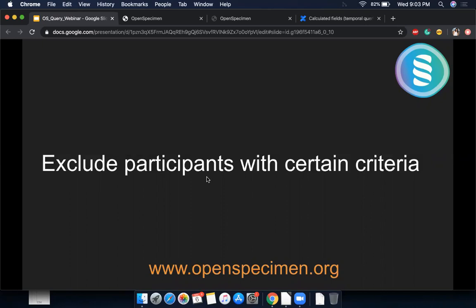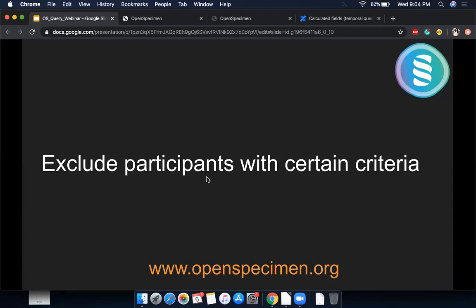One of the use cases that our client gave was, they distribute specimens to, say, Dr. John very frequently. Maybe every month they dispatch samples to that researcher. But Dr. John has given them one condition, that when I get new samples, they should never be from a patient for whom you have already given samples to me. Suppose today I gave samples of patients 1, 2, 3. Next month, I have to make sure that when I distribute specimens to Dr. John, I don't distribute specimens from patients 1, 2, 3. So I need to exclude those patients when I'm distributing.